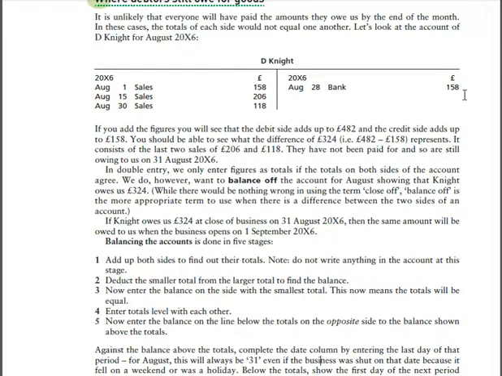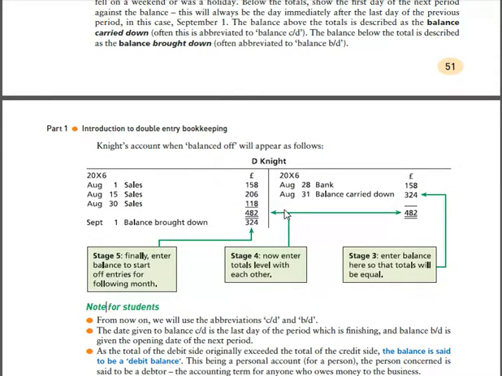The balance is 324. So when we insert the balance here, the effect would be that both the debits and the credits would add up together. So then we would sum up the balances of both the columns. We'll write 482 here at the bottom, and then we'll write 482 here at the bottom as well. Now, because there is a balance remaining, over here we will write balance carried down, which means it has been carried down from this period to the next period. So, whatever balance we have, it is very crucial that we